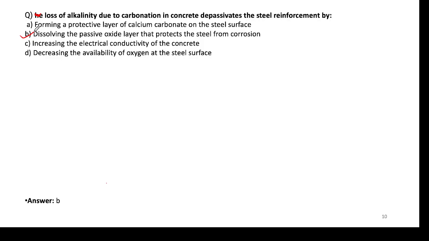When we pour water into the concrete, the cement starts hydrating, supersaturation happens, and the pH of concrete increases up to the 13 level. That pH is favorable for steel in concrete because it forms an oxide layer, called the passivation of the steel, which prevents corrosion for some time,